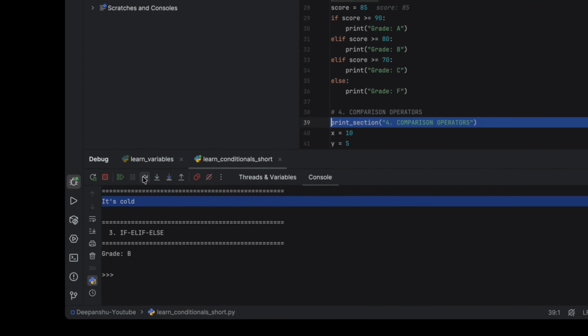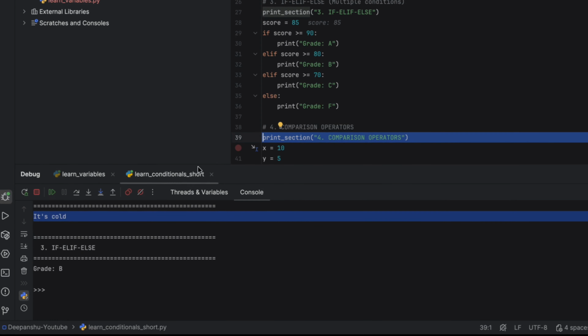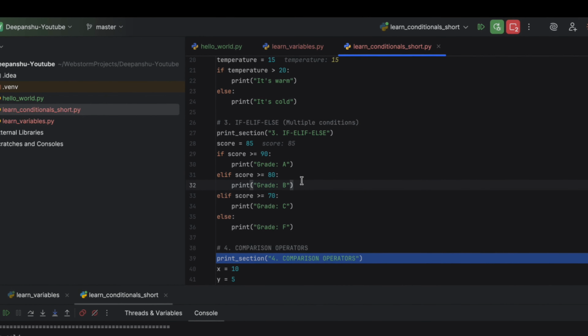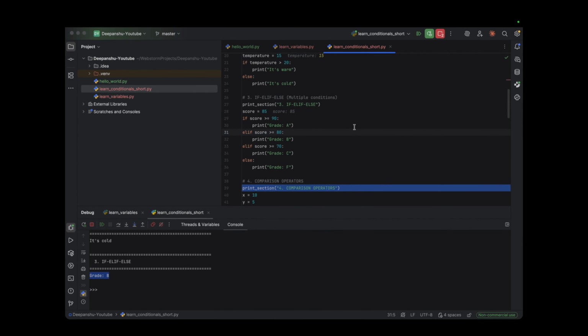So once I click next, automatically I moved on to line number 39. And in my console, grade B was printed. So this is how pairing works in if, elif, else. So elif automatically got attached to if. So you cannot have an elif statement without having if. And you can always have if and else directly, but you cannot have elif without using an if.